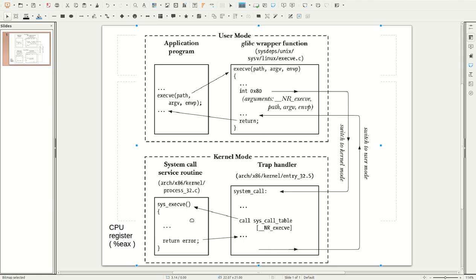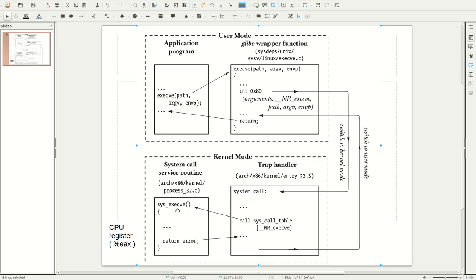Each system call has a unique implementation which starts with sys_. So when we call the open system call, there is a unique number for the open system call, and it is stored in this register. And when the system call is called, it jumps to the system call implementation sys_open.